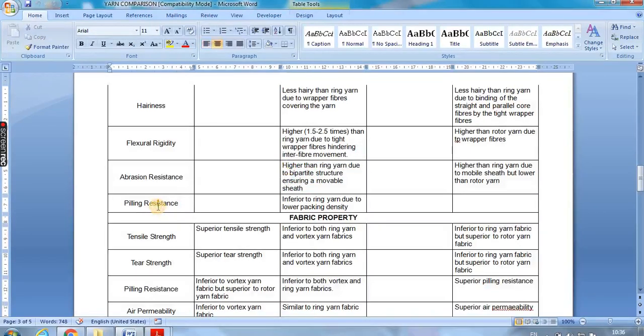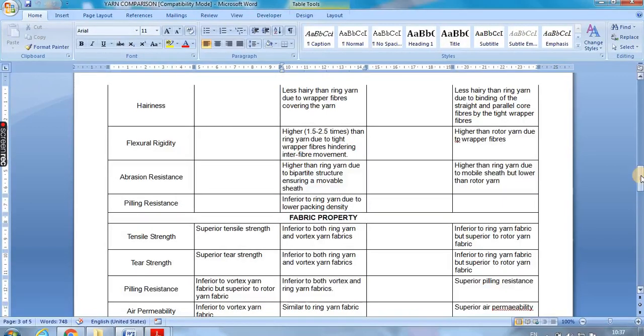Coming to pilling, which is the opposite of abrasion, I hope everybody knows pilling, which is like ball formation in the yarn. You can see some fabrics where pills or balls are formed on the outside of the fabric. This is because of the mobility of the fibers. The greater the mobility of the fibers, the lower the pilling resistance. So ultimately, the rotor yarn, because of the outer mobility, has less pilling resistance, but at the same time the abrasion resistance is more, right?